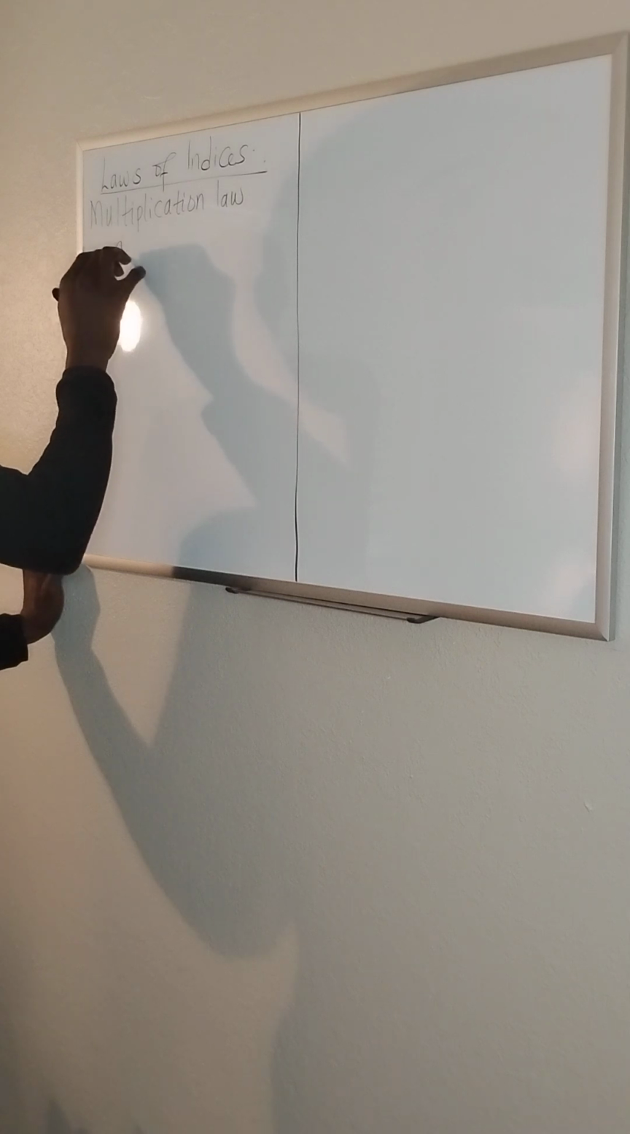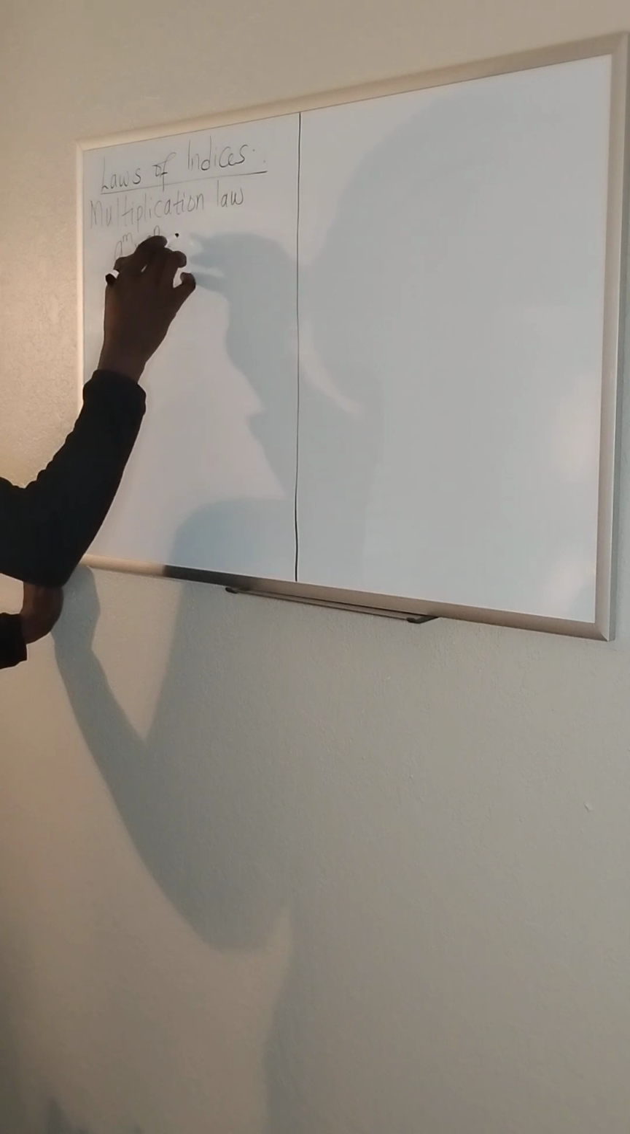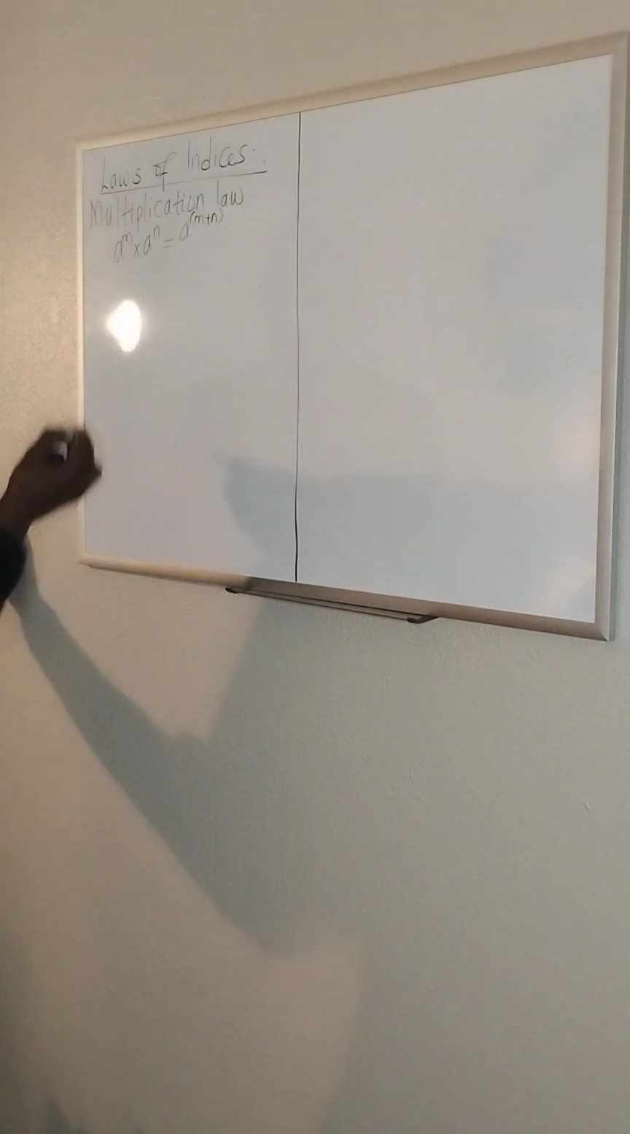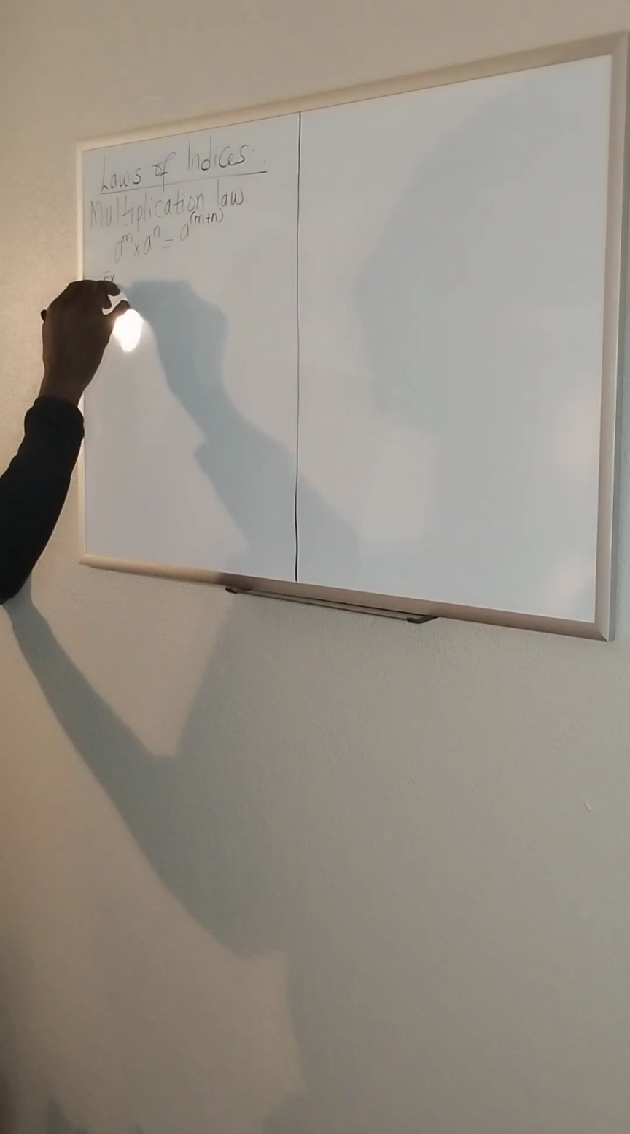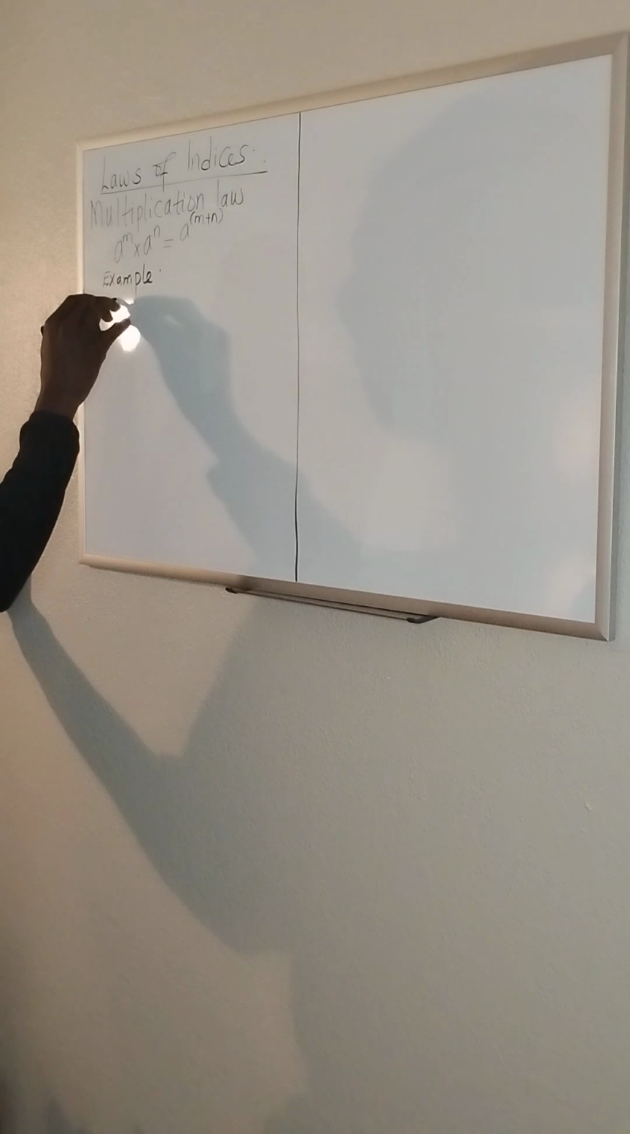It says if I am multiplying two numbers and they have the same base, I add the powers. So this one is equal to a raised to the power of m plus n. I'll do an example on the multiplication rule. I say evaluate or simplify